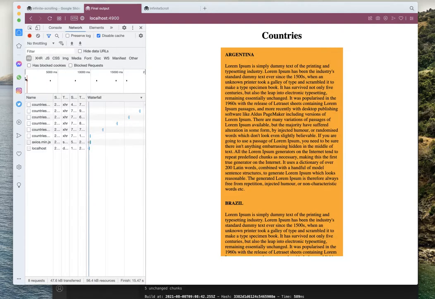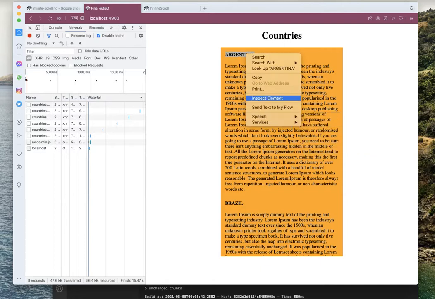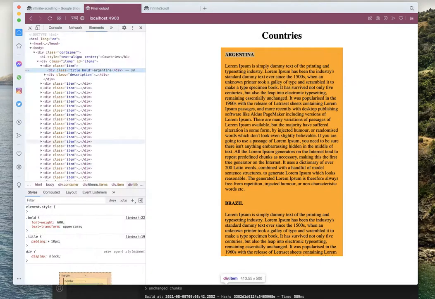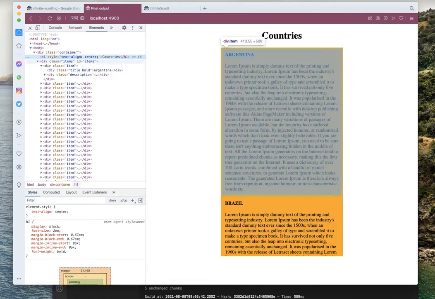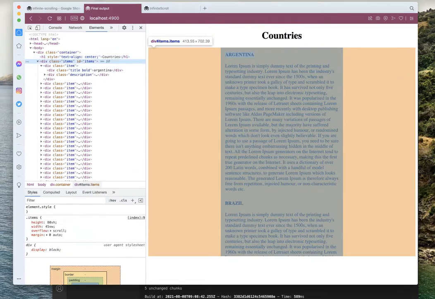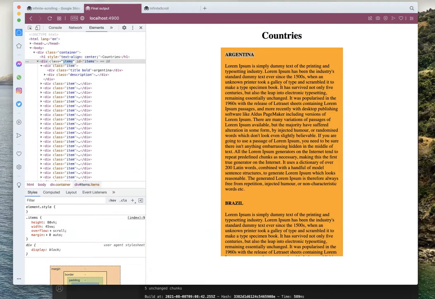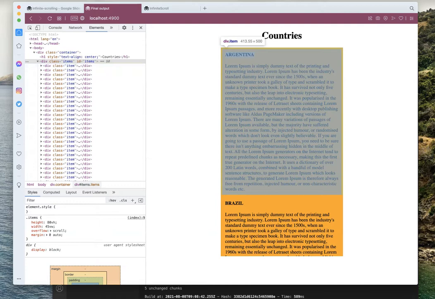As we saw in part 1, we will have a container in which we'll have countries, and then we'll have the items element, which is the scrollable element that will render all the records returned from the backend API. The items element will have children, and each child will have title and description elements. Inside these elements, we'll be rendering the response returned from the backend.